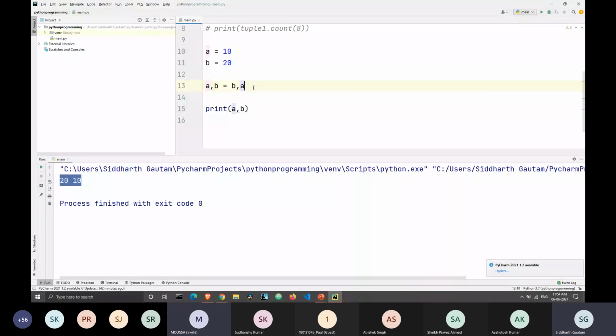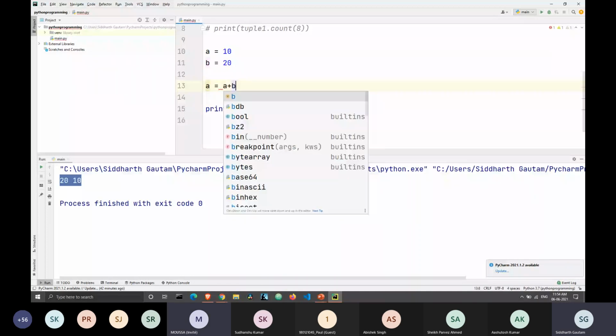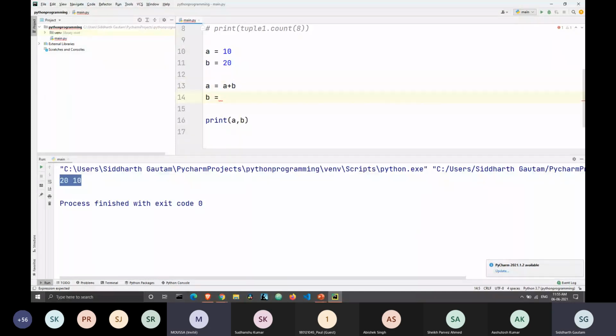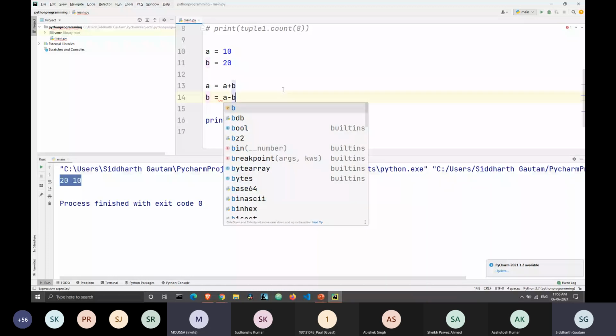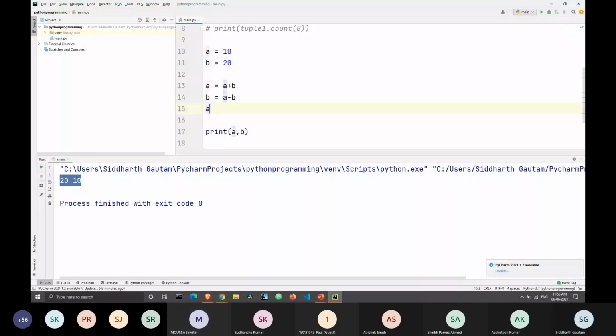We can put a is equal to a plus b, and b is equal to a minus b, and then a is equal to a minus b.